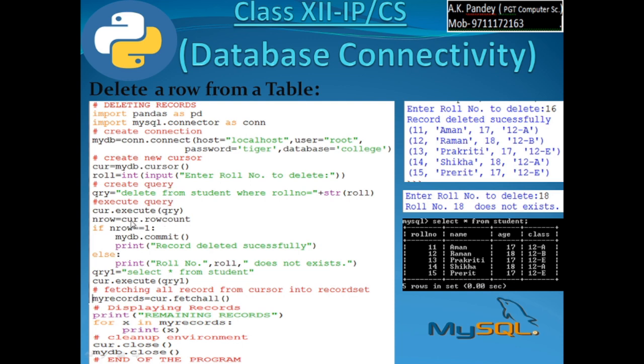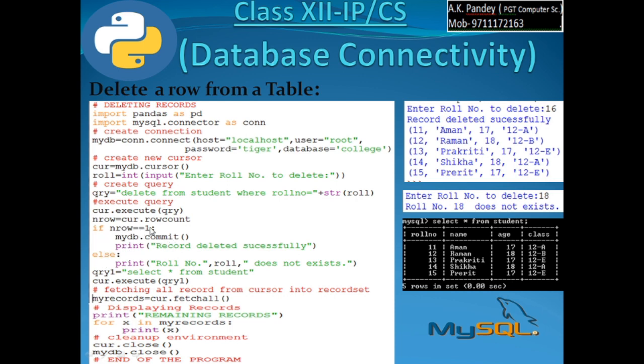Obviously, if only one row is affected, then we will write if nrow equal to 1, then the command should be committed using the commit function of the connection object, mydb.commit, record deleted successfully. So whatever execution of the delete command was done, that is committed successfully. That means it has become permanent on the disk using the commit function.